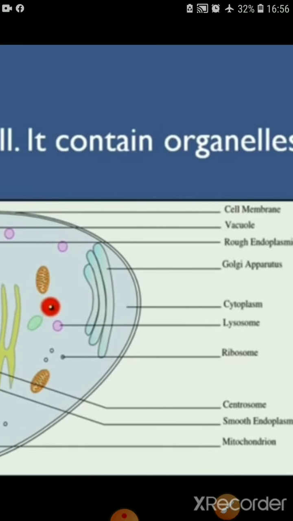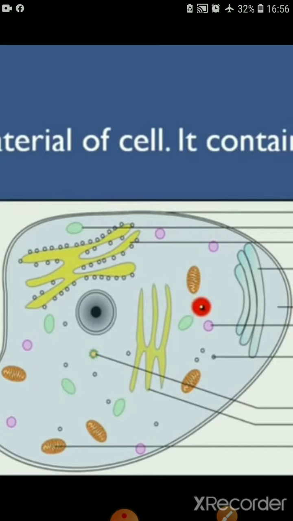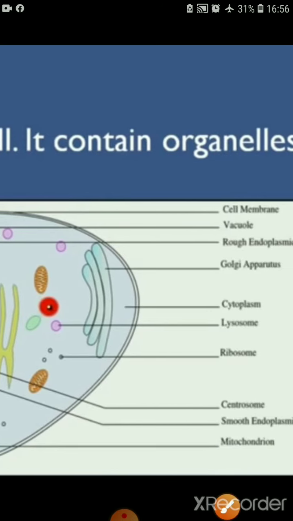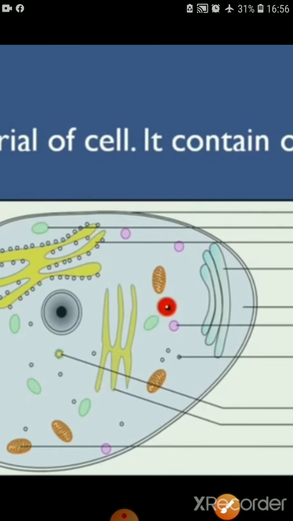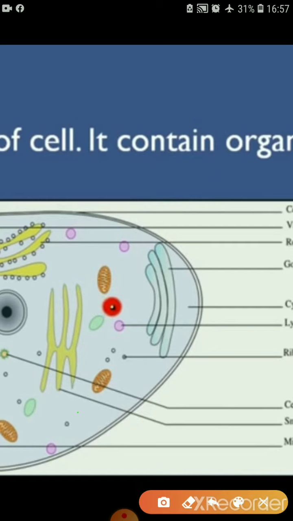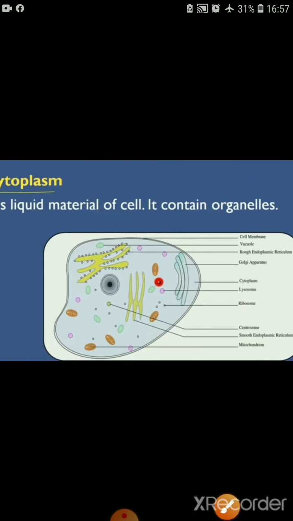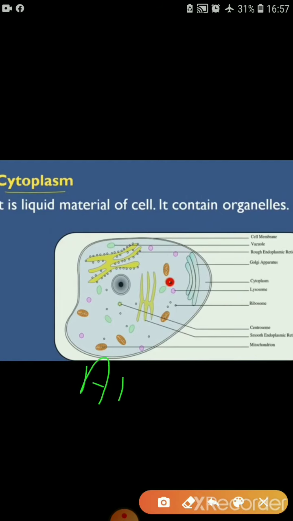Next, centrosome. So which is the centrosome? It is star shaped. Centrosomes are star shaped bodies in the cell, which are organelles, and that is called a centrosome. So this kind of body is there. See, this is the plant cell, right? This is the example of an animal cell, right?